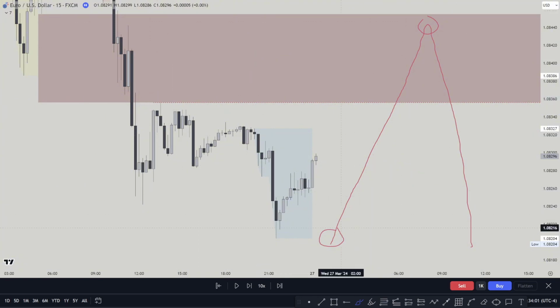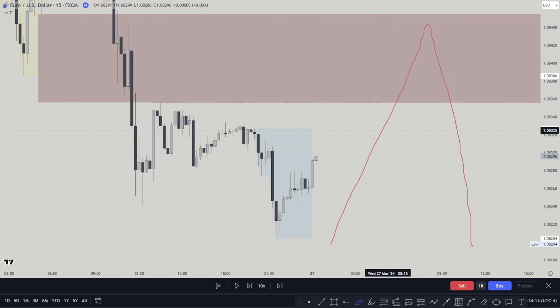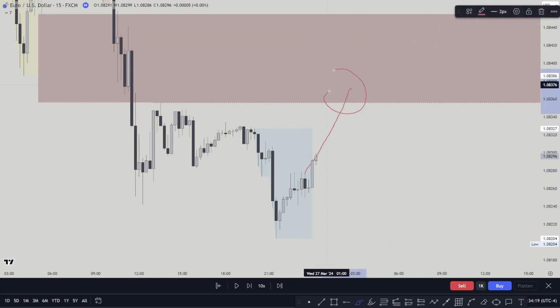Now take a look at this. In order for price to go from here to here, it needs some liquidity on the way. So price going up, maybe creating a low, going higher, taking the low to grab some fuel to go higher to this point. That's what I was looking for. Now, a lot of people were saying, okay, we need to go higher now. I was like, okay, we gotta take this low because that's the nearest low that is valid where a lot of people would put their stop losses at. Take that low, go higher.